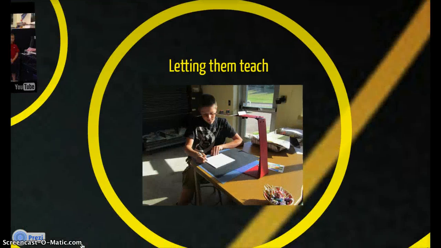This is a picture of a student who was done early with his project, and he was actually a pretty strong artist. So I asked him if he would like to record his Zentangle that he created, and here I just set up the iPad so that he could do so. It took a few minutes, I edited it when he was done, and now students in the future will actually be learning from his hands rather than mine.